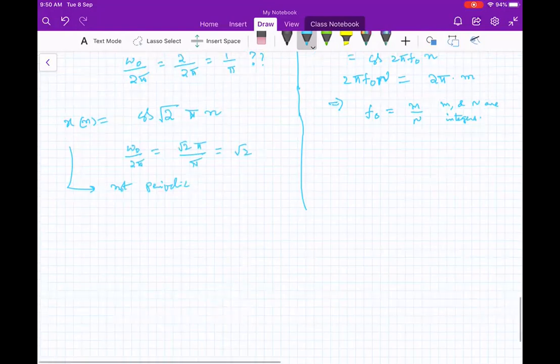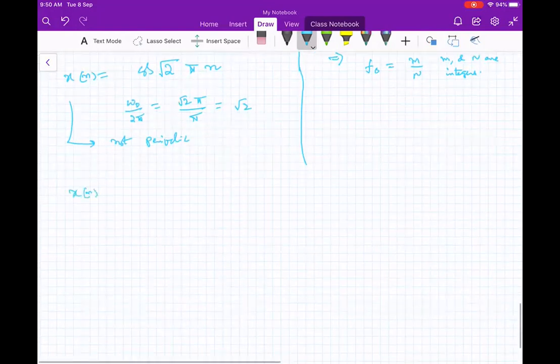Now I request Manmeet to tell x of n. I will give a combination of two signals. But Manmeet is not present, he is traveling to Tirupati, en route. He informed me. Okay, fine. Yeah, sure.